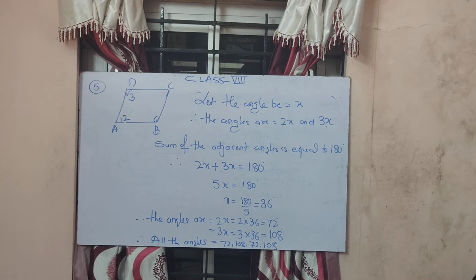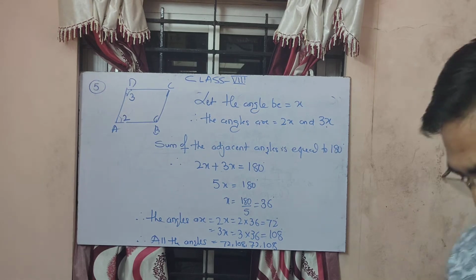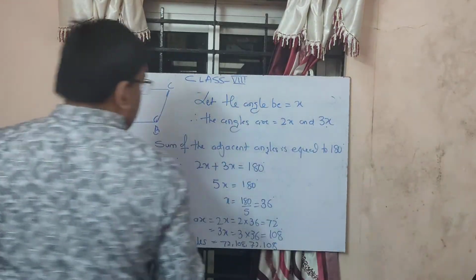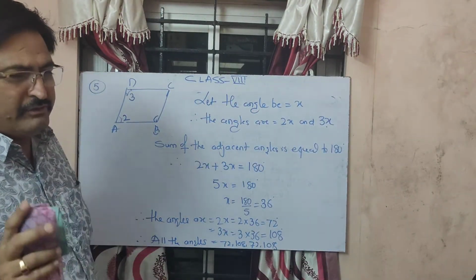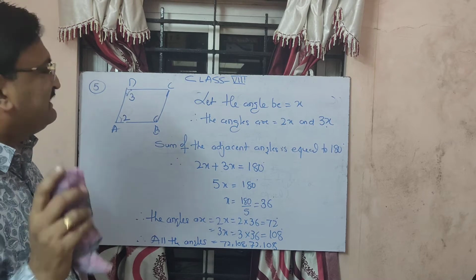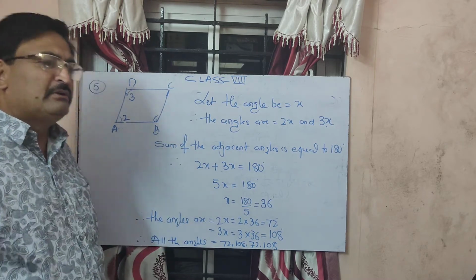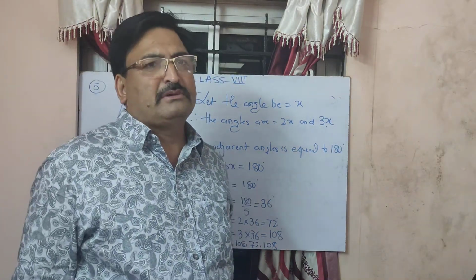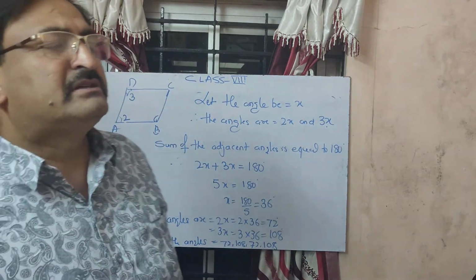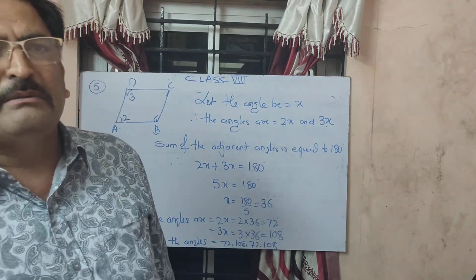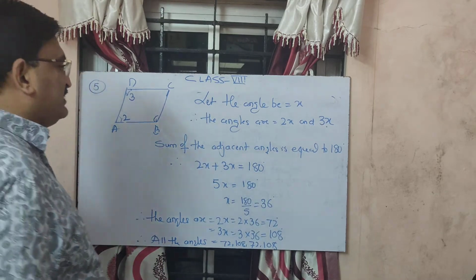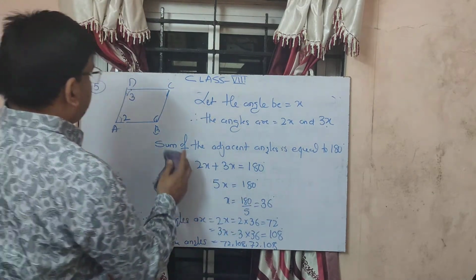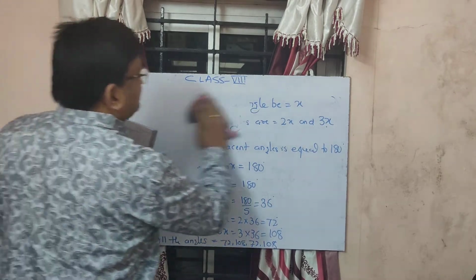Okay, let us write the next question. I think you got the point. But what you need to remember? You need to remember the properties of a parallelogram, a square, a rectangle and a kite. You need to remember everything. Otherwise, it is not possible that you could solve the examples. Okay, let us do the next example, that is the sixth one.